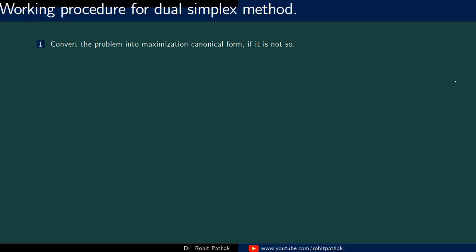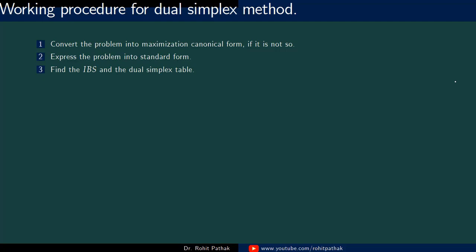Then the second step is to express the problem in standard form. This is the starting point of the simplex method. So you must express the canonical form in its standard form using slack and surplus variables. The standard form means expressing inequalities as equations.